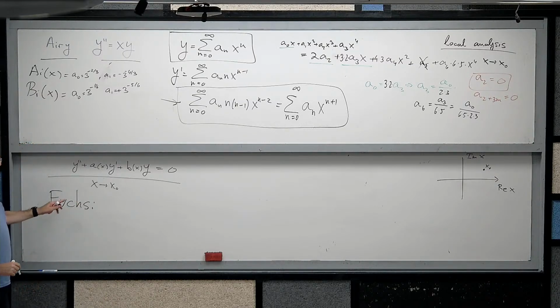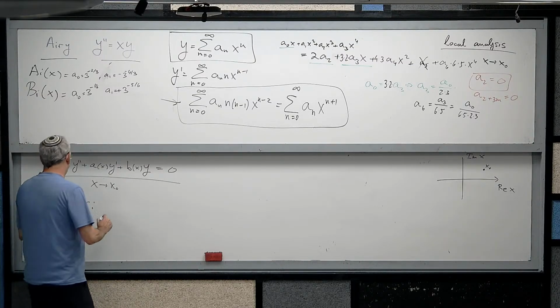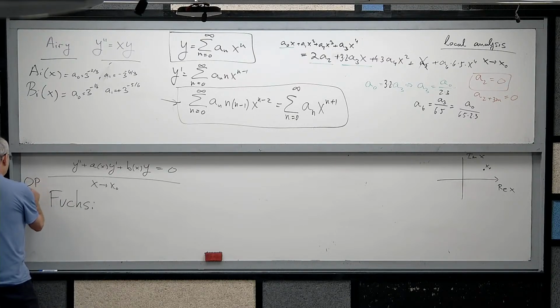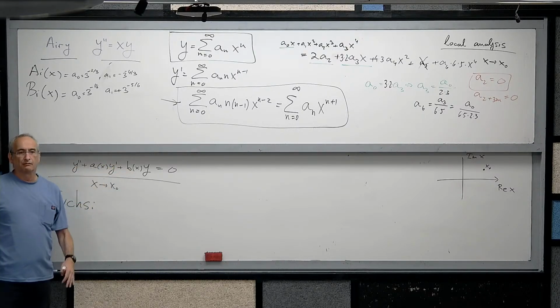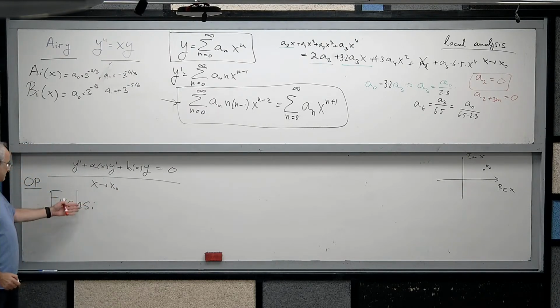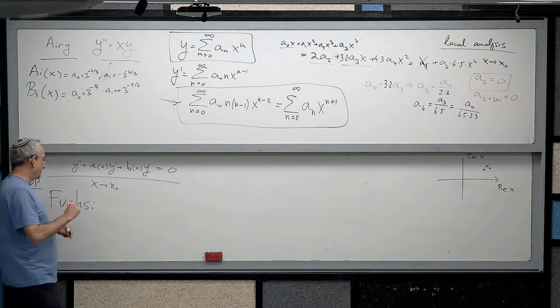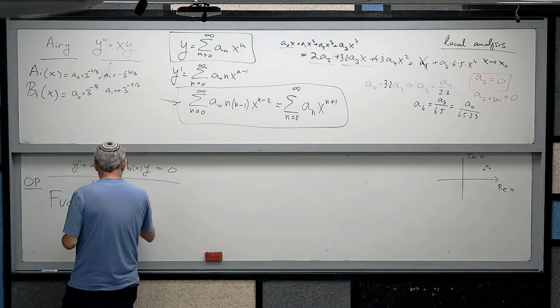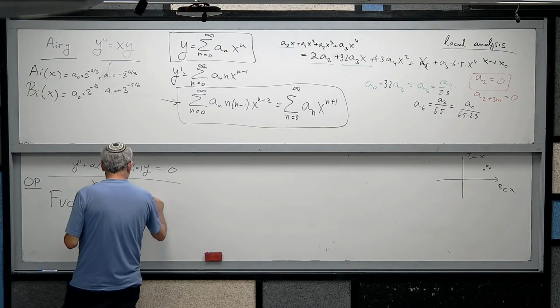And first of all, the name of this case is an ordinary point, OP. Ordinary point: x naught is an ordinary point if a of x and b of x are both analytic at x naught. In this case, Mr. Fuchs worked very hard to give us a guarantee that we have two solutions, both of them of the form y equals sum from n equals 0 to infinity of a n x to the power of n,